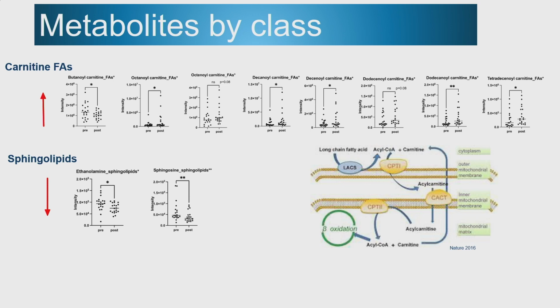And that takes us to the pathway that they're involved with. So the carnitine shuttle basically helps transport long-chain fatty acids into the mitochondria where they can undergo beta oxidation and produce ATP for energy. And so these acylcarnitine transporters appear to be, as a group, increased after the treatment is initiated with ETI. Sphingolipids, and in particular the 2 that are represented here, sphingosine and its backbone ethanolamine, these 2 are pro-inflammatory ceramide components, and so they tend to go down.